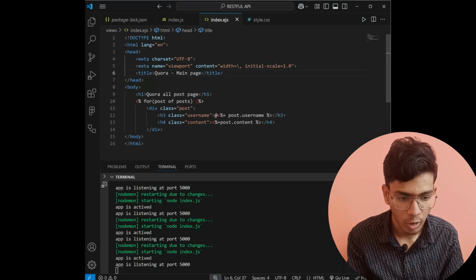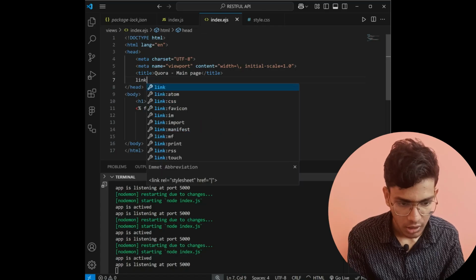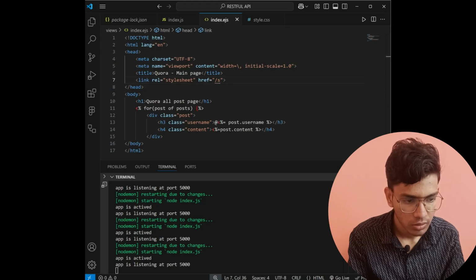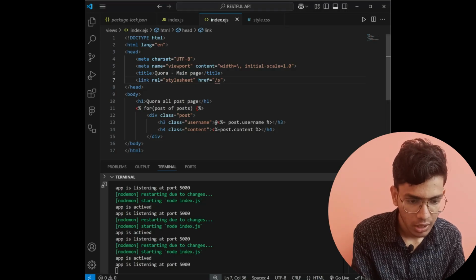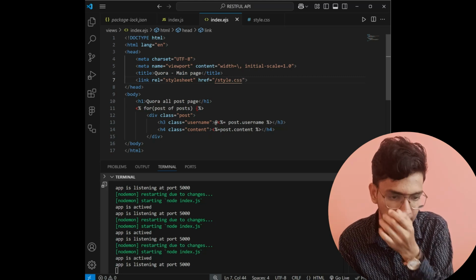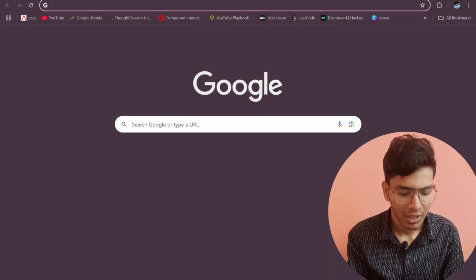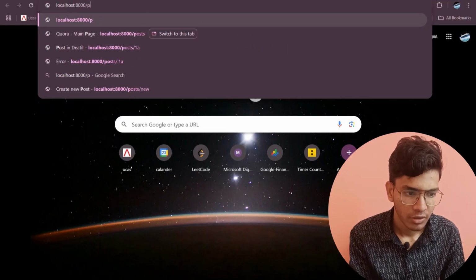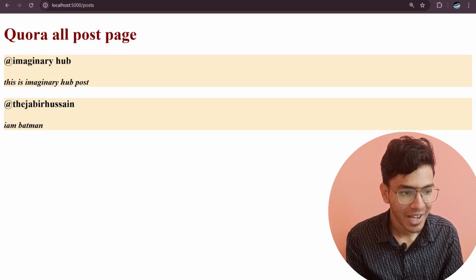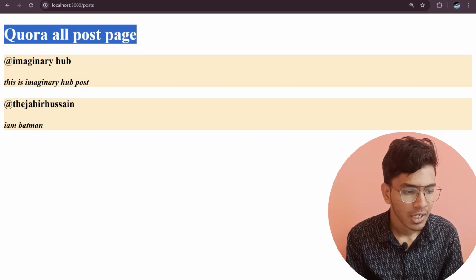Now let me link this document as well. So here link href is equals to /style.css. I have attached my styling to my post. Now I will go to my URL. If I open my localhost 5000/post, you can see I am having the website of Quora all post page, and the username is @imaginaryhub,